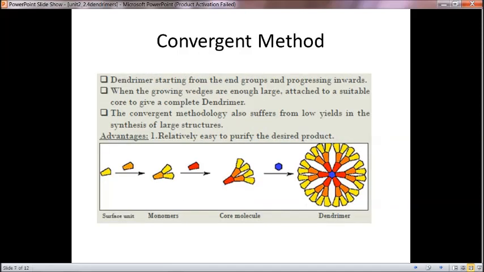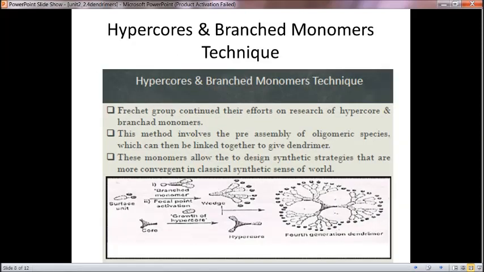Then hypercore and branched monomers. Frechet's group continued their efforts on research of hypercore and branched monomers, and this method involves pre-assembly of oligomeric species which can then be linked together to give dendrimers. These monomers allow us to design synthetic strategies that are more convergent in the classical synthetic sense of the word. The same techniques as convergent and divergent are used, but pre-assembly methods are used, and so